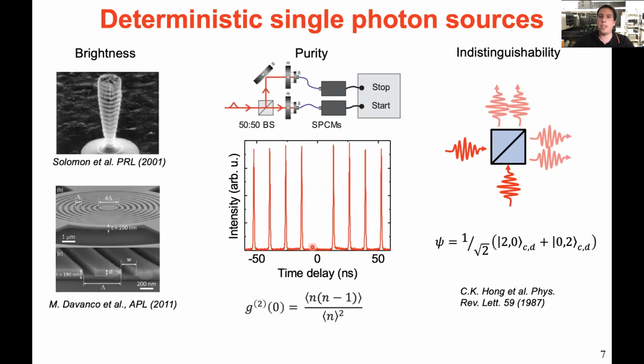The third ingredient that is very important if you think about quantum technologies where you actually want to do something interesting with the photons that you generated is the indistinguishability. This addresses the possibility of the two photons to show two-photon interference when they arrive at two entrance ports of a beam splitter at the same time. If the two photons are indistinguishable, they will leave the beam splitter in a superposition of both photons going out one exit port and at the same time going out through the other exit port. But you will never see the case that one photon exits each port of the beam splitter.